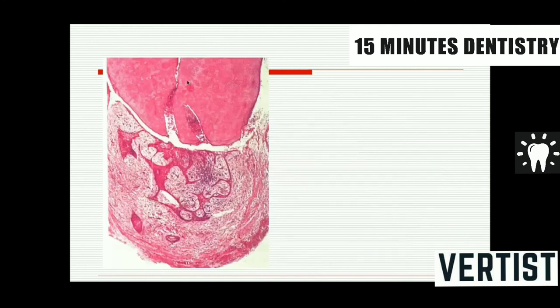So it is something like this. This is the root of the tooth. This is the root canal. From there, the infection is spreading to the periapical area. There is an inflammatory reaction here. Here, these are the cell rests of Malassez proliferating, and they are surrounding this inflamed connective tissue. After some time, this connective tissue gets deprived of blood supply and starts undergoing degeneration, and you have a cavity, which is lined by epithelium formed from cell rests of Malassez and filled with fluid.